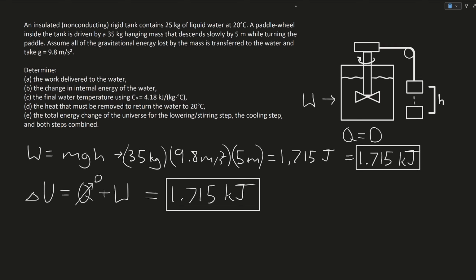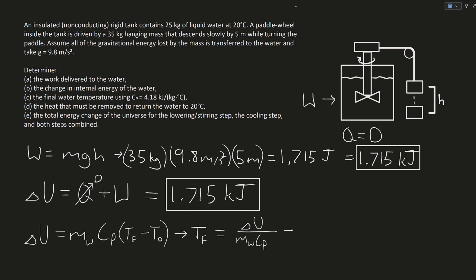Now to find the final water temperature, we can use the equation that the change in internal energy of the water is equal to the mass of the water times the heat capacity of the water at constant pressure times the change in temperature of the water. Solving for the final temperature, we can divide the internal energy by the mass of the water times the heat capacity, plus the initial temperature. So solving this, we get 1.75 kilojoules